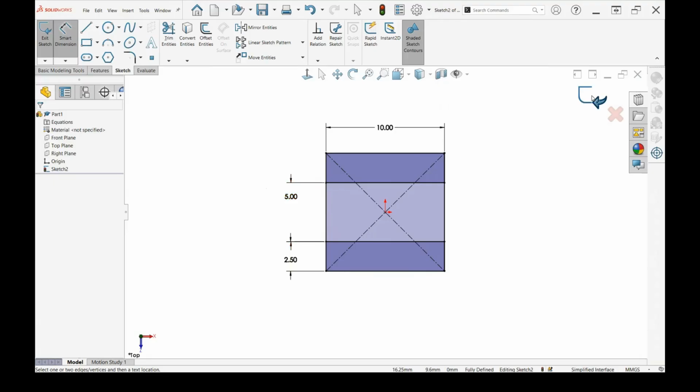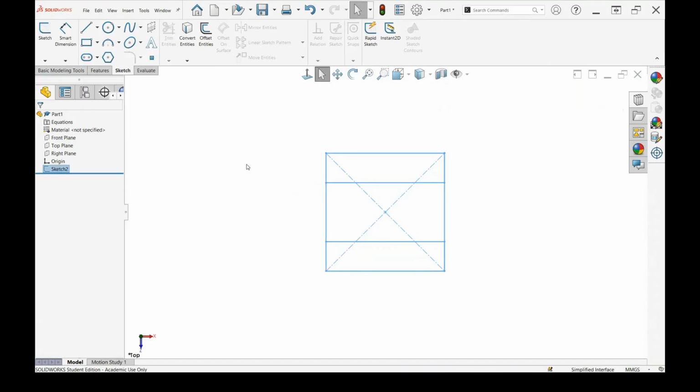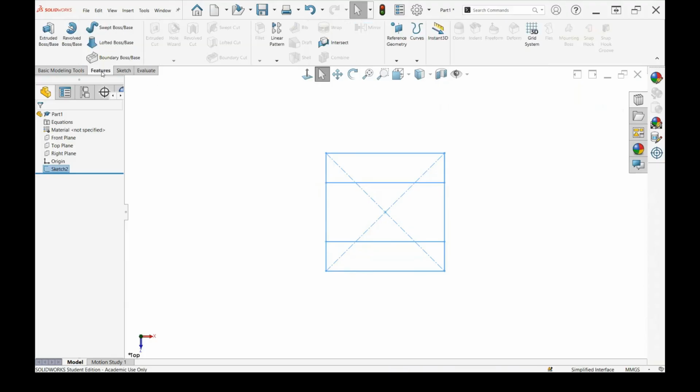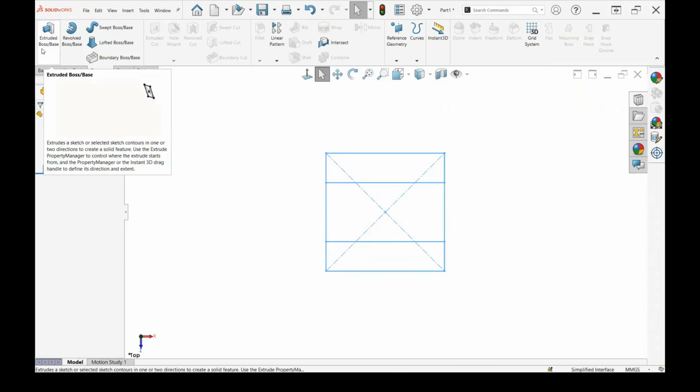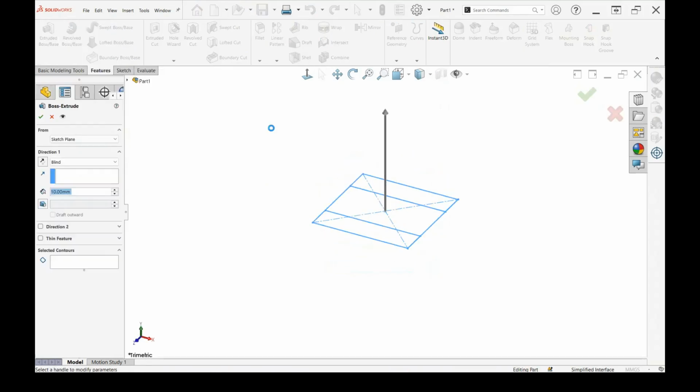So we now have sketch number 2 because we're reusing our part drawing from before. We're going to switch to the context menu for features, so going to extruded boss base. We're going to go from sketch plane, blind, 2.5 millimeters, and then selected contours.